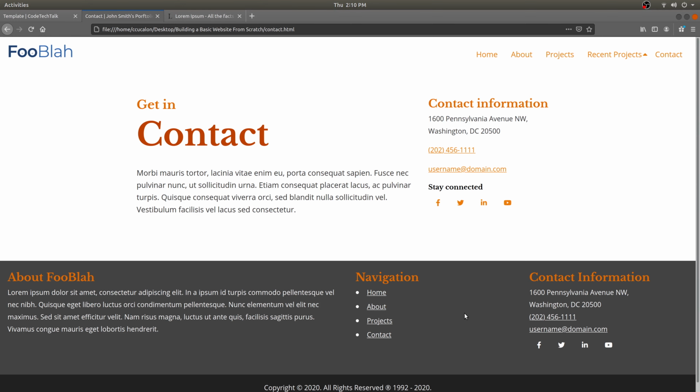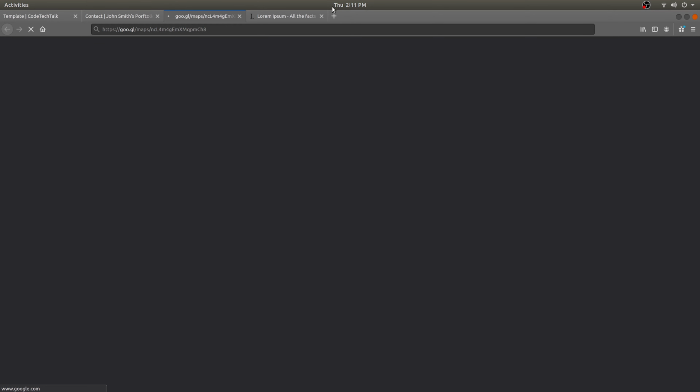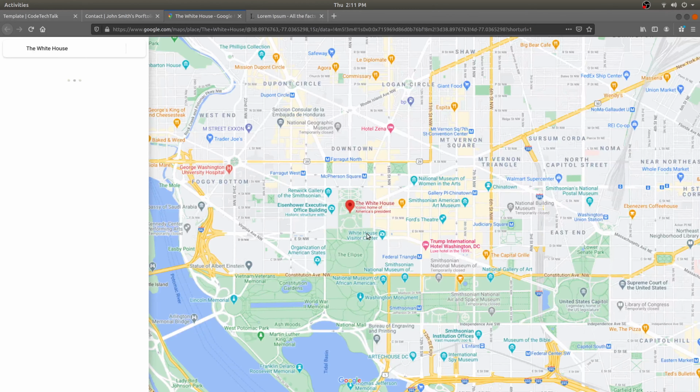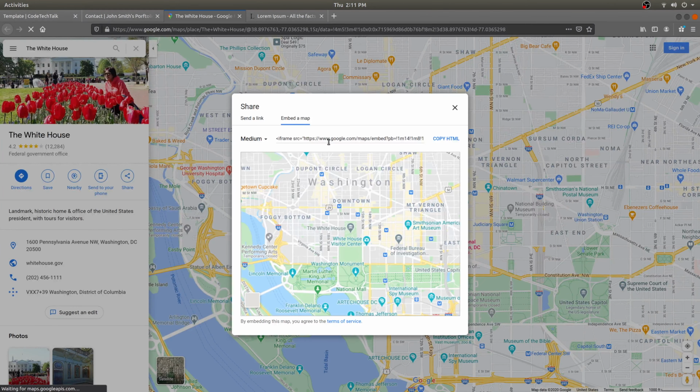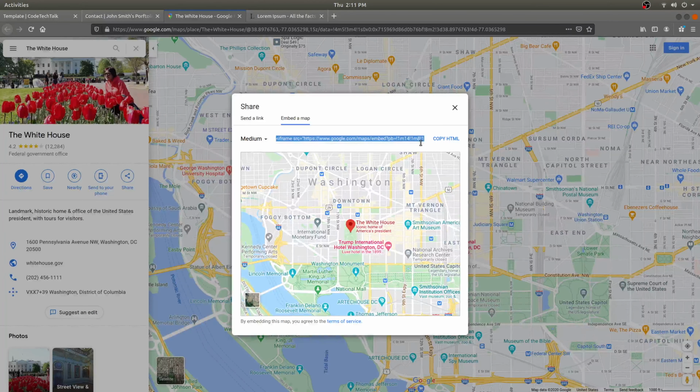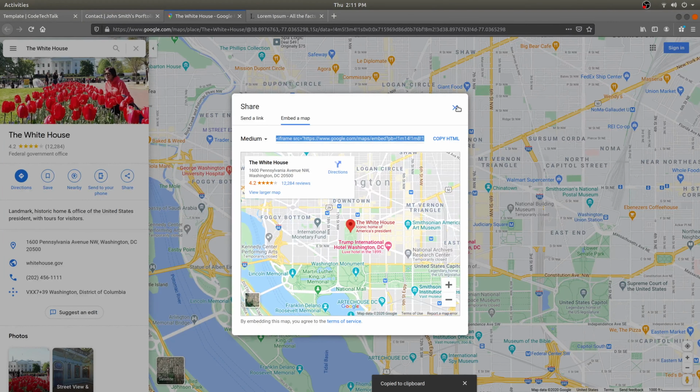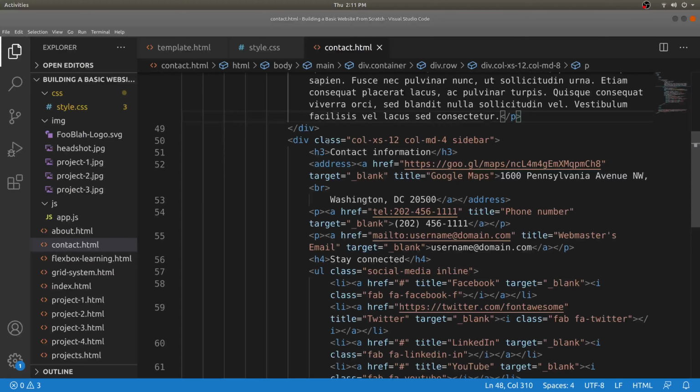Now, one thing that we could do as well is that if we click here, of course, it's going to take us to our Google Maps, showing where we actually had the location, because we're using the White House as our main address. What we can do here is we can do share, and we can do embed map. We can copy that HTML, and then we can go back to our HTML page and add another section